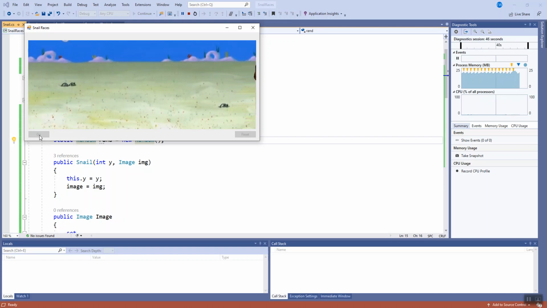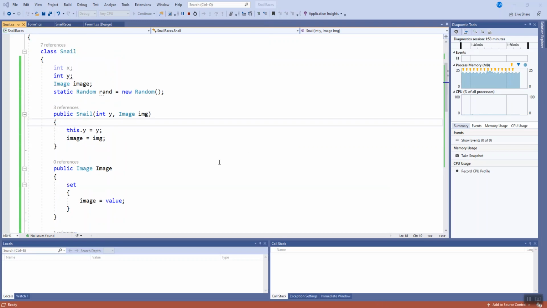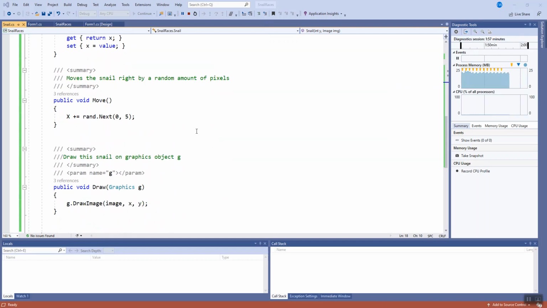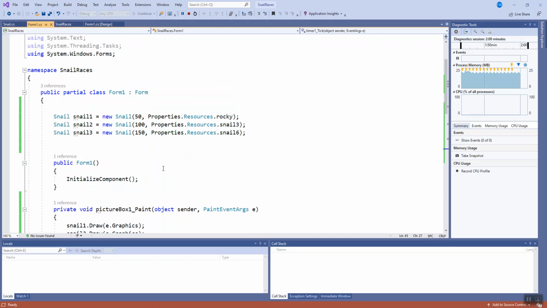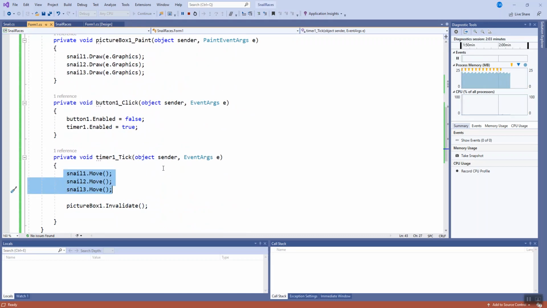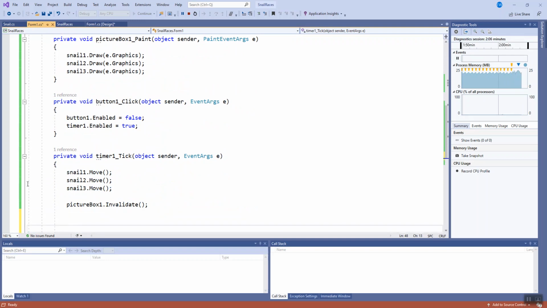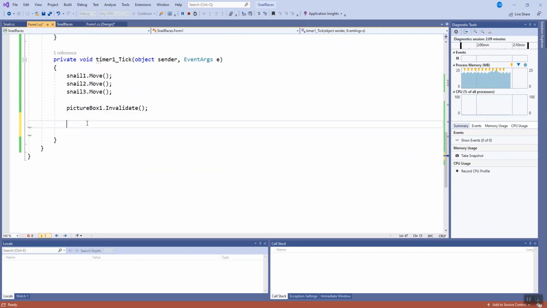Okay, so we need to put in some code to check to see who won. So how can we put in some code here that checks for a win? Let's go back to our forms code, and let's go to that timer tick event. So after we do the draw, let's check to see if any of the snails have crossed the finish line. Our picture box is like 800 pixels wide. Maybe we'll call the finish line 750 pixels. This won't be like a photo perfect finish. Maybe we'll just check to see, okay, if snail 1's greater than the finish line,